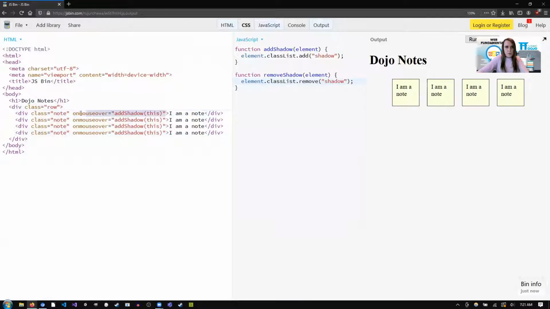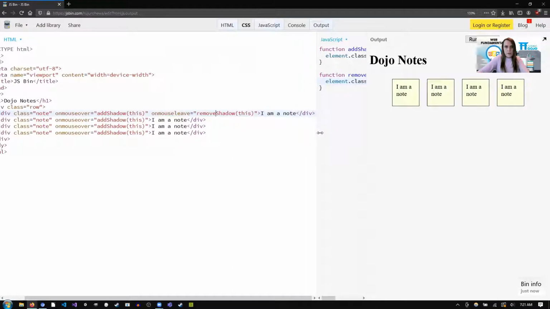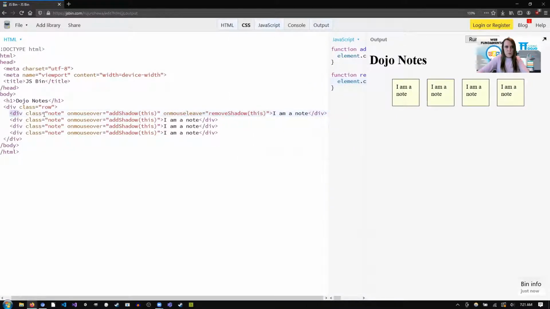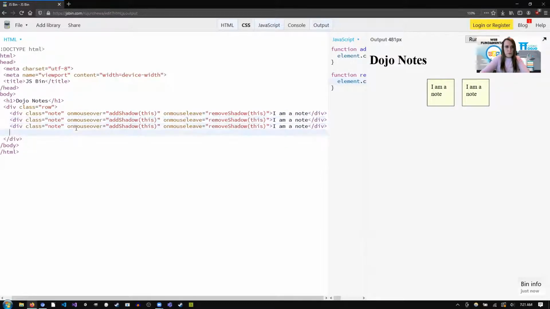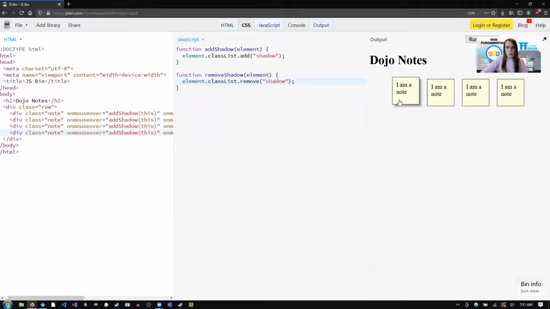So we have onmouseover. I believe the other one is called onmouseleave. So this one, we can attach more than one listener for. And we will remove shadow. And I will have multiple of this one. Maybe these tools aren't quite ideal for here, but it's fine. There we go. And now when I hover over a note,